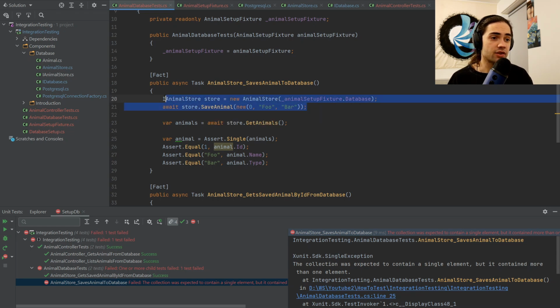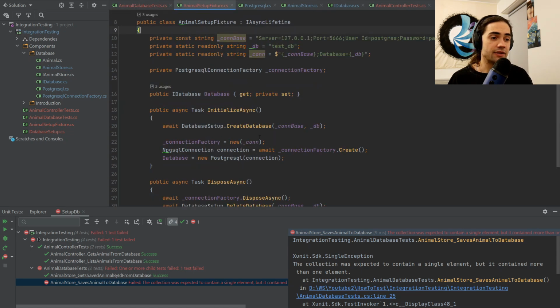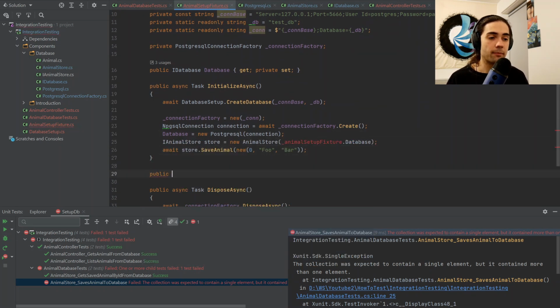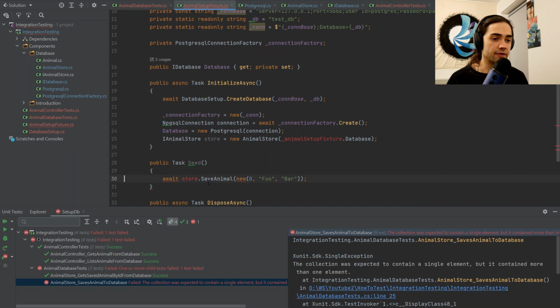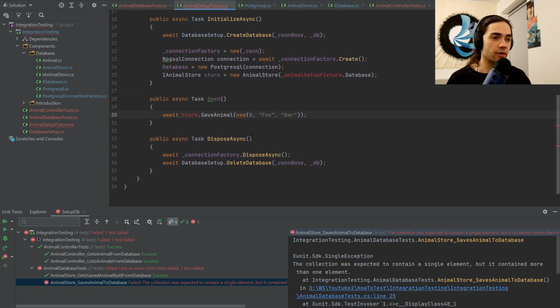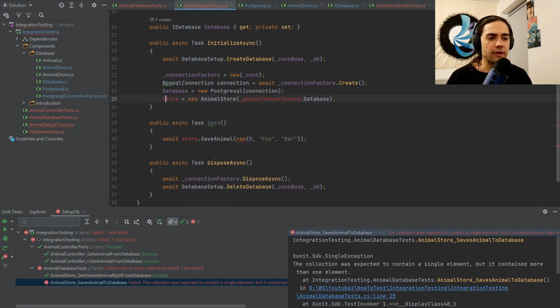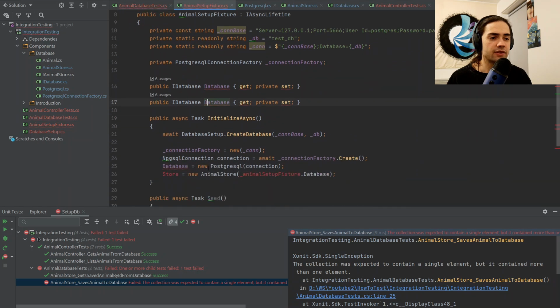So let's actually go ahead and grab this store here. We can set it up here. We'll create a public task seed, okay? And this is where we can do something along the lines of this. Let's call the await here on the store. Let's do the same thing with it that we did with the database here. So let's create iAnimal store